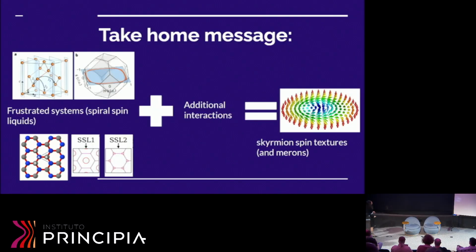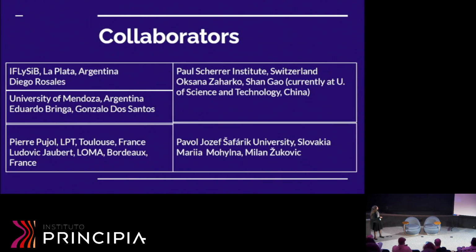Okay, thank you. I'm going to talk about two works we have been doing regarding combining frustrated models where you have a spiral spin liquid, and then when we add some smaller interactions, we explore with simulations, some theory and analytical calculations whether we can stabilize these topological textures, which are going to be Skyrmions and merons. Okay, so this is a large but not large enough list of collaborators